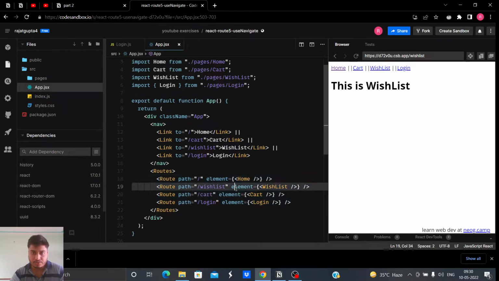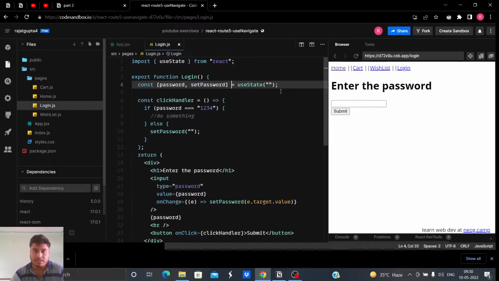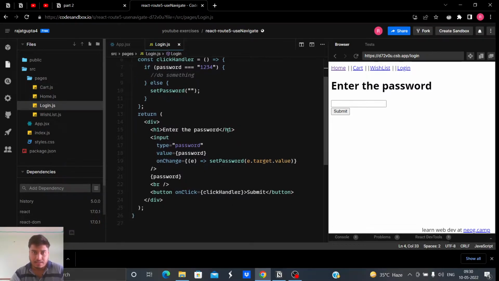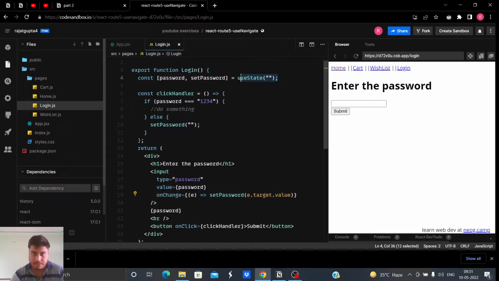Now let me show you what happens when I go to the login page. Okay, so this is being rendered. So how is this being rendered? Let me show you the login page so that you guys could understand how this is being rendered. Okay, see here, I'm not doing much, I just wrote "enter the password", then I make the input field with type password, and here I am passing the event in onChange, and I made a state using useState,